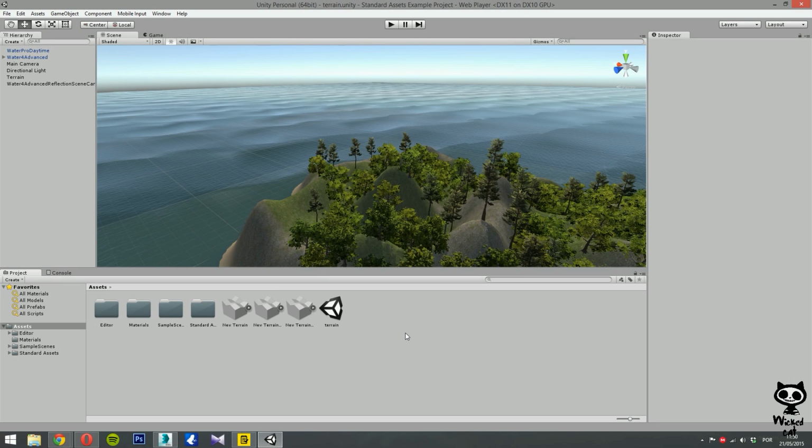Today, since a lot of you guys requested it, I'm going to show you how to create a basic river in